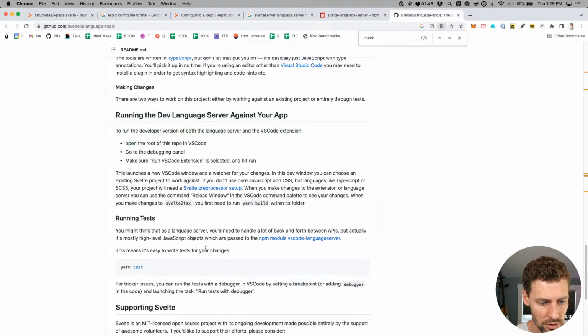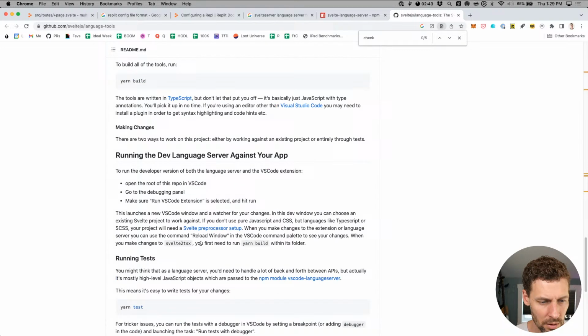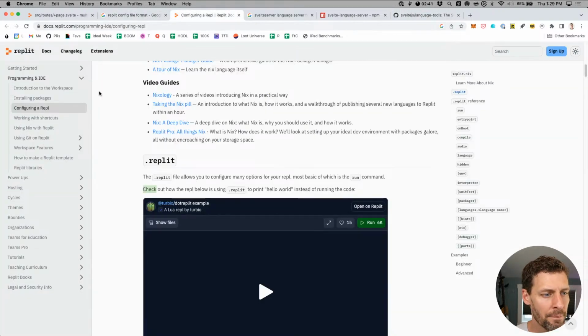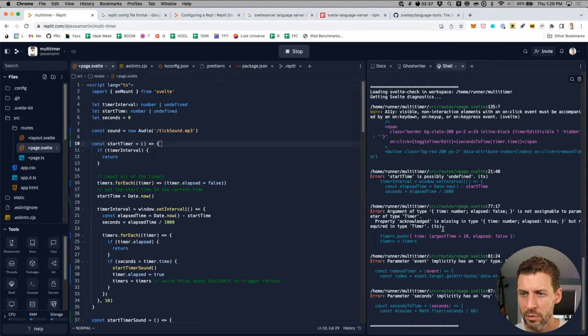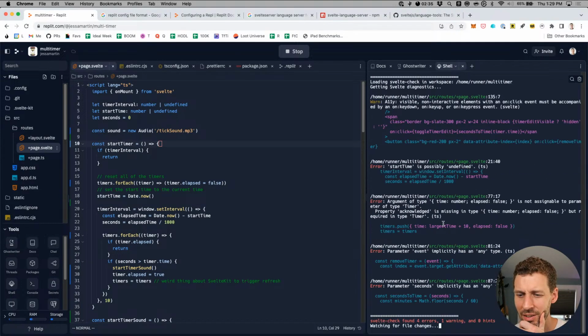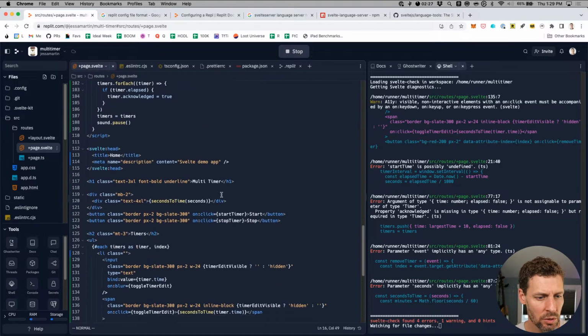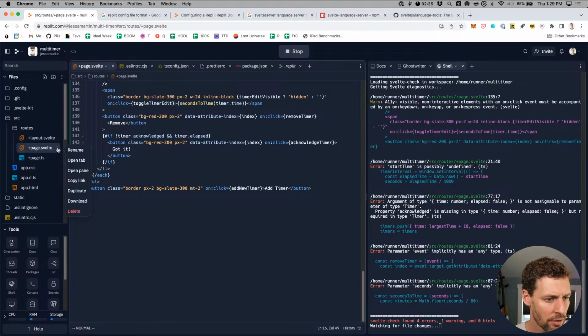Running the dev language server against your app. Yeah, okay. Probably far enough to go for now. We can at least get these errors over here, which are helpful. And then figuring out how to get these into the actual UI, I'll just ask somebody at Replit to point me in the right direction here.